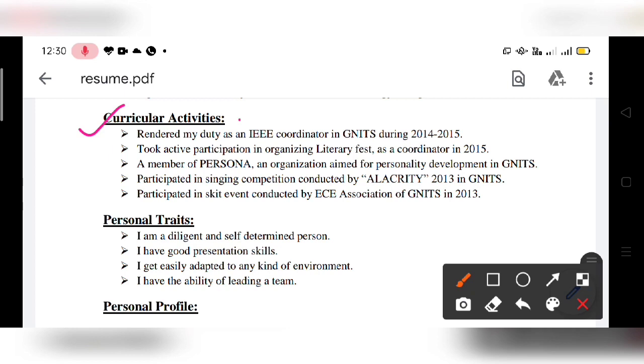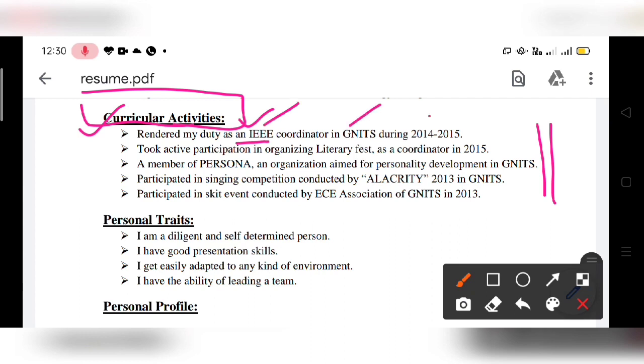And if you have too many activities in extracurricular also, you can put a separate side heading. But here if you have very less achievements, you can just put the heading curricular activities, which could include co-curricular or extracurricular activities, right? So these are the activities that you have done.